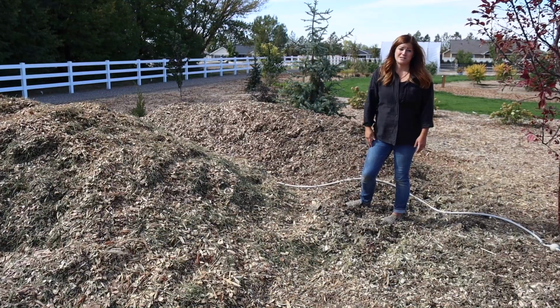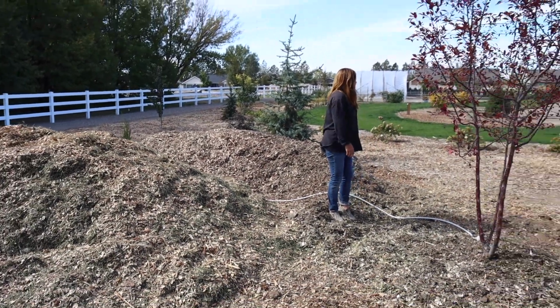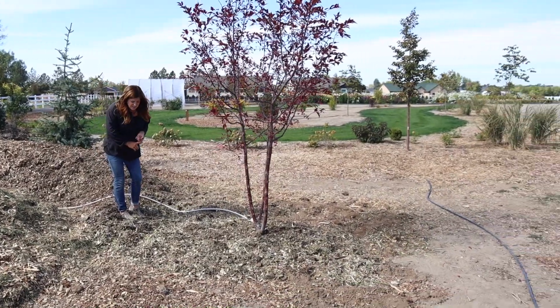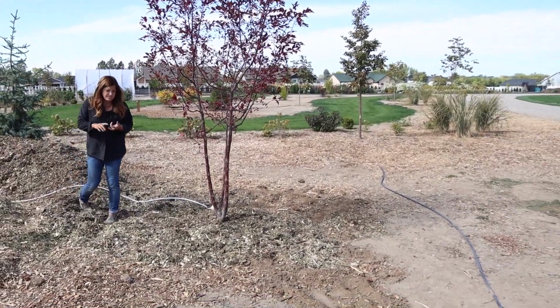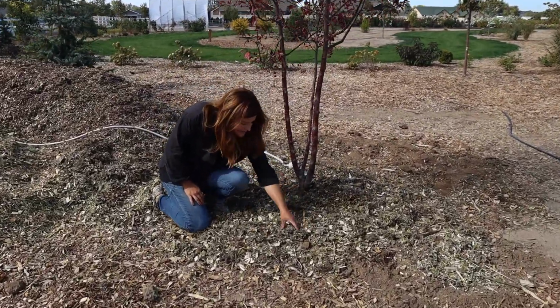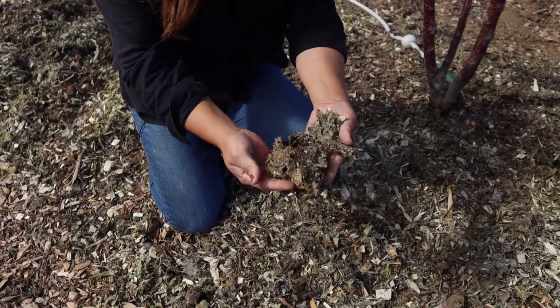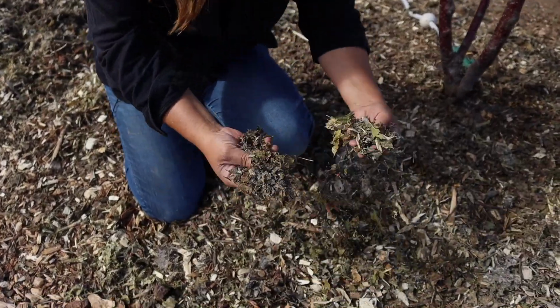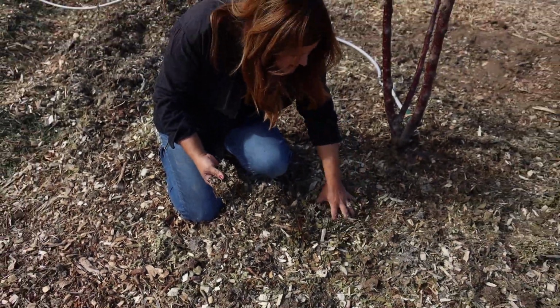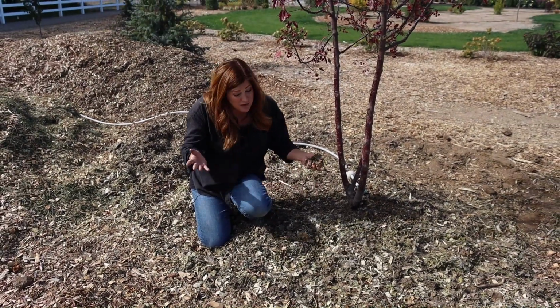So they just come every once in a while and give us a pile, and we've been using it out here to top dress. And it's been wonderful. It helps with weed suppression. It helps keep moisture in the soil. I'm also encouraged because I'm noticing it's starting to mat already. Look at this. There are a lot of leaves and stuff in here too. It's not just wood. So I feel like it's going to break down fairly quick even though we're so dry,